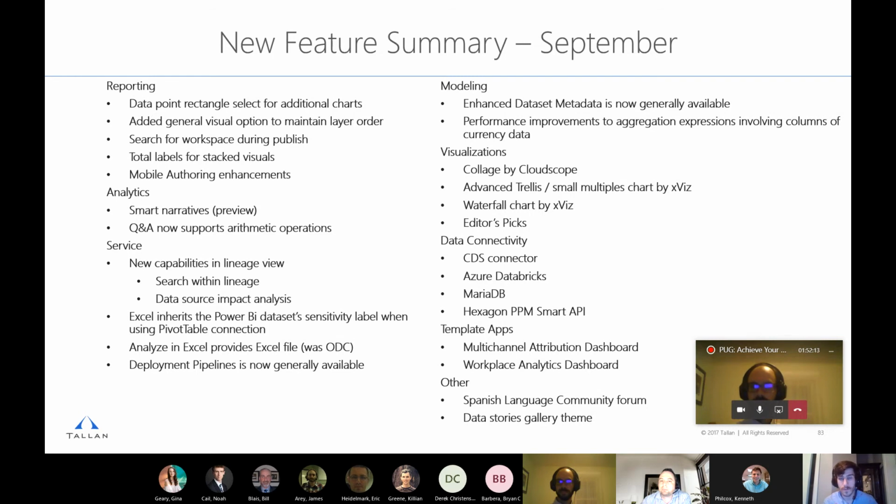Moving on. Hey, Graham, just real quick, going back to the enhanced dataset metadata. One thing to note with that is that's a feature that's going to be a default going forward. Right now, you have to turn it on, I believe, in most cases, but that unlocks a whole bunch of new capabilities in Power BI. So things that you couldn't do in the past with this feature are now available. I don't know if the Tabular Editor connectivity is one of them, but there's a lot of things that it's going to unlock in the future too.